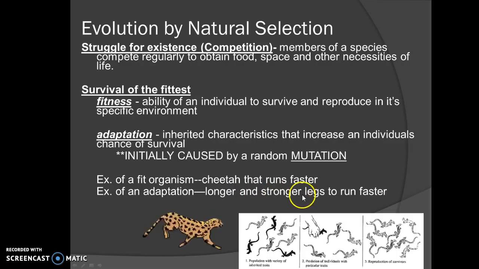Having longer and stronger legs allows a cheetah to run faster, which would then allow them to capture prey more easily, evade any predators they might encounter, and so survive and reproduce. In their reproduction, they'd be passing along those longer, stronger legs to their offspring, leading in the future to a population with even longer, stronger legs. So we've seen over time the cheetah species as a whole changing in that they're getting more sleek, and those legs